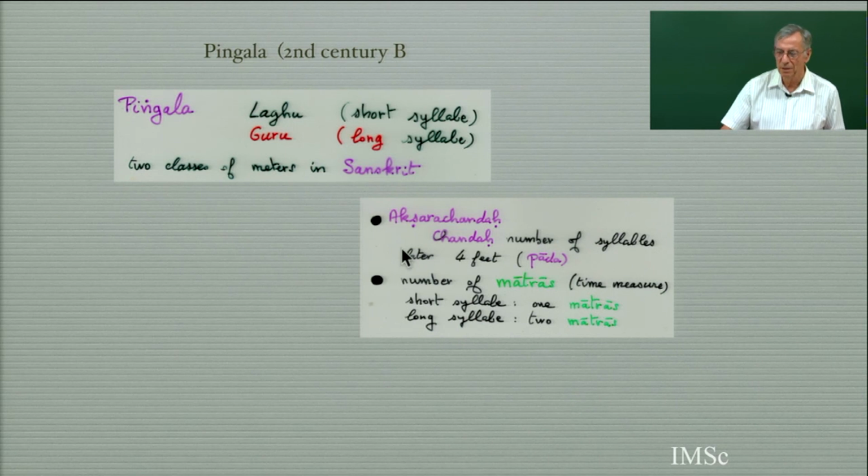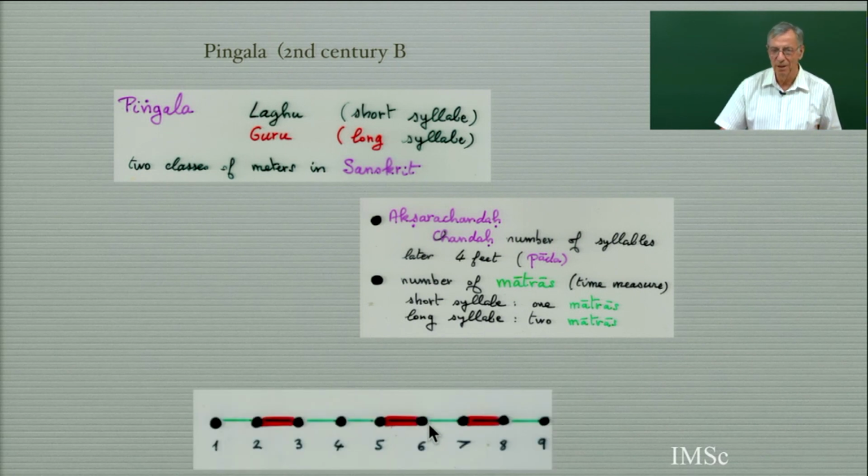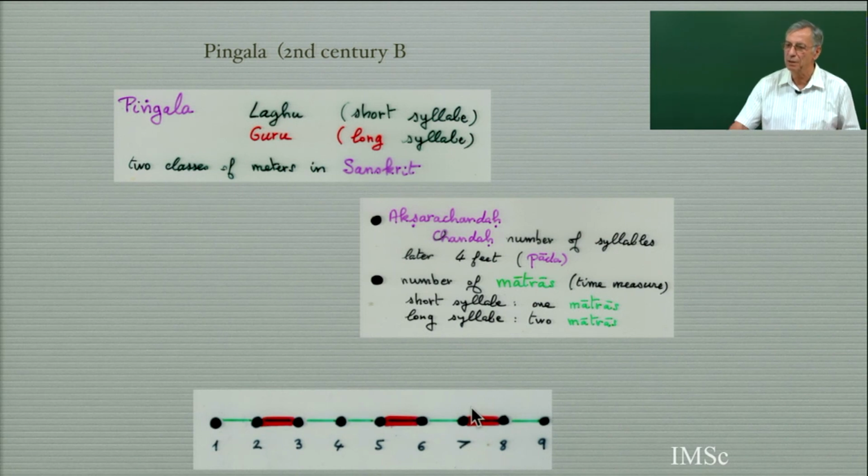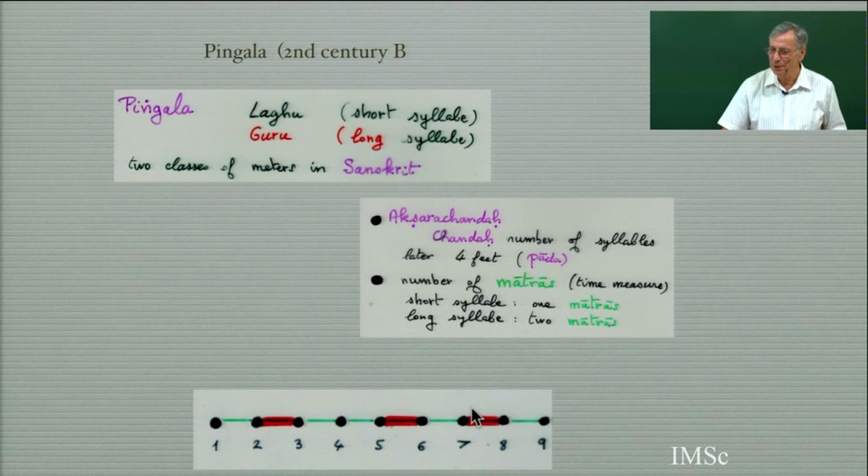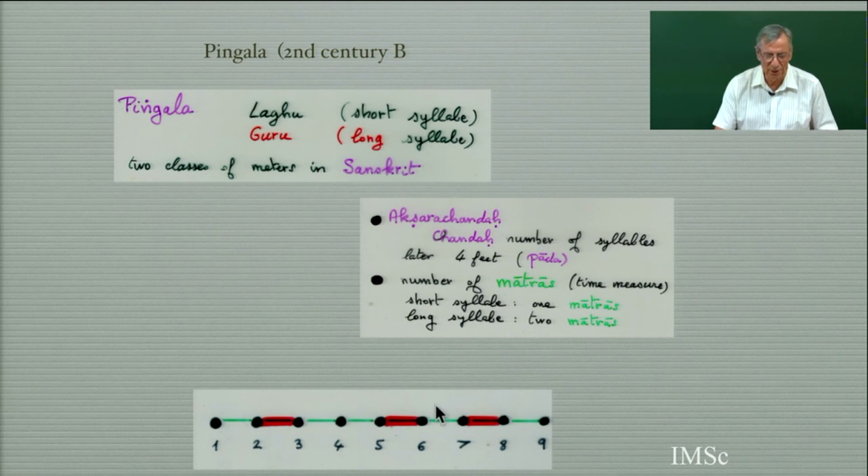There was a lot of study about this, because there is a certain measure, the matra, and there is a short matra and a long matra. This is a long matra, and this is a short matra. So there is a sequence of these. Pingala probably was aware not only of the binomial coefficients, but of the Fibonacci numbers. Thanks to Amri, who showed me a historical paper, I see the Fibonacci number F index 5, or maybe not all of them, but the Fibonacci numbers were implicit in this